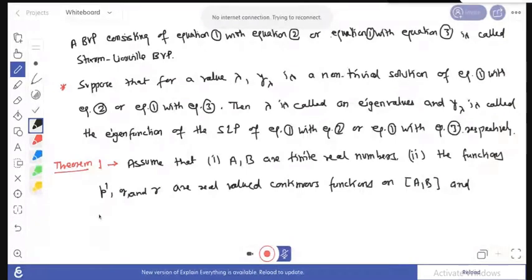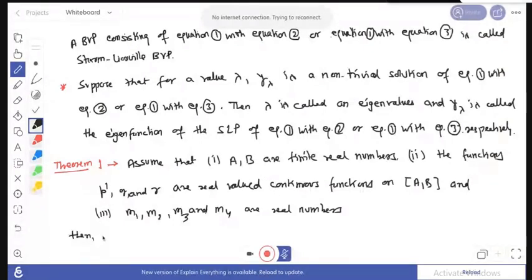And third condition is that M1, M2, these are the constants from the boundary conditions, M3 and M4, are real numbers. If you assume that these conditions hold, then your theorem says